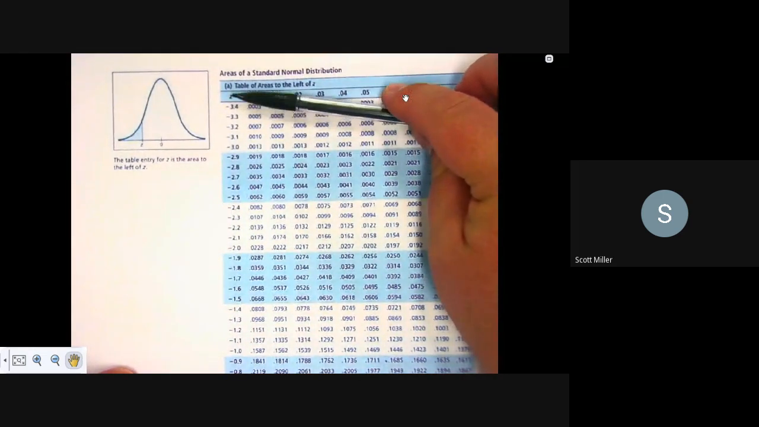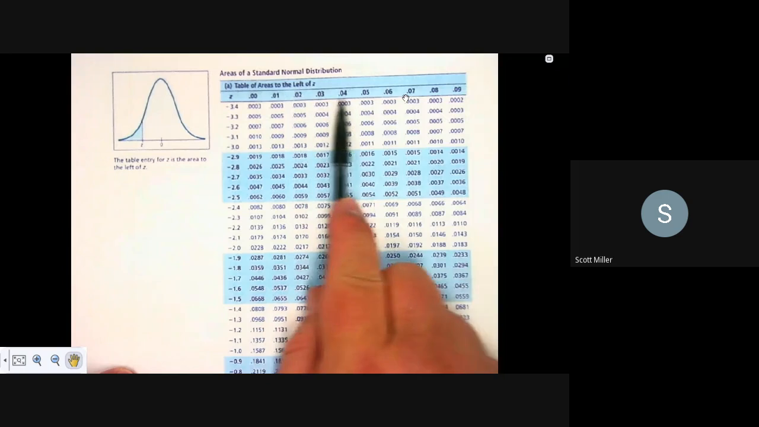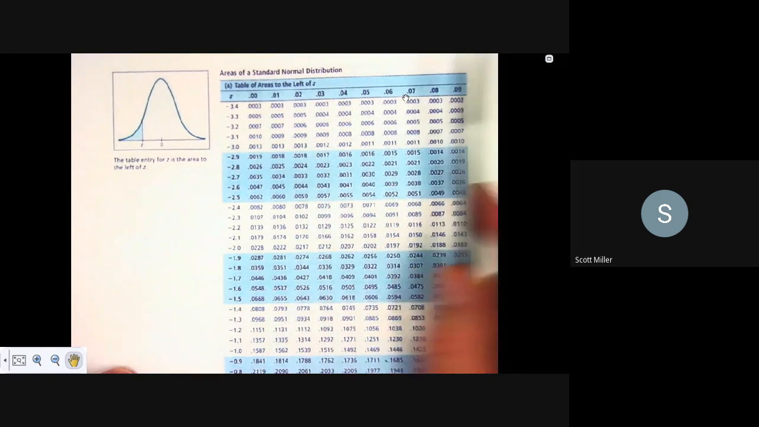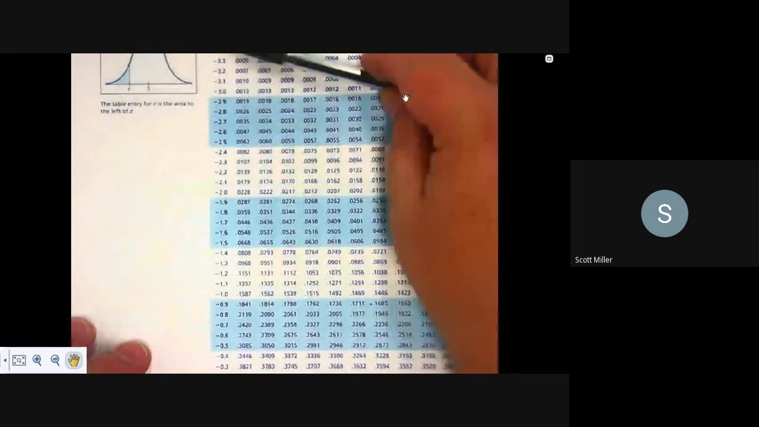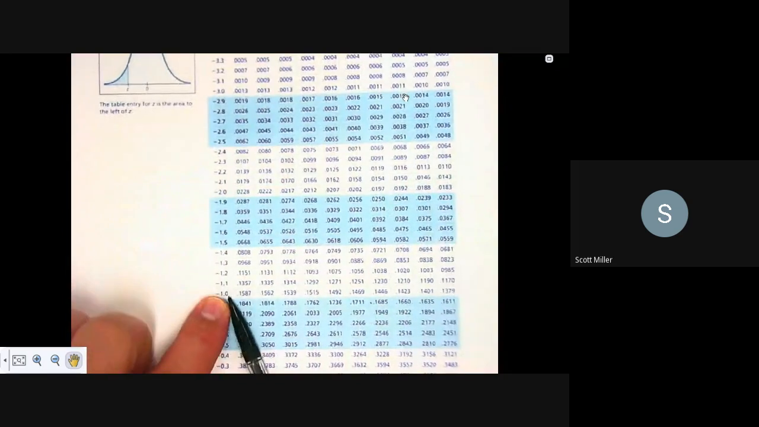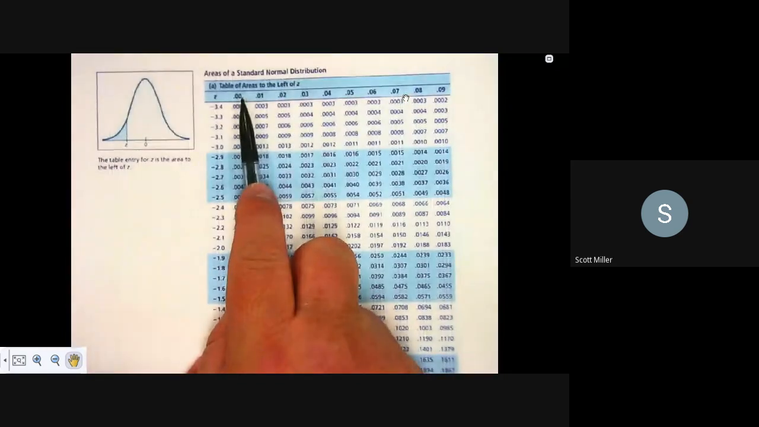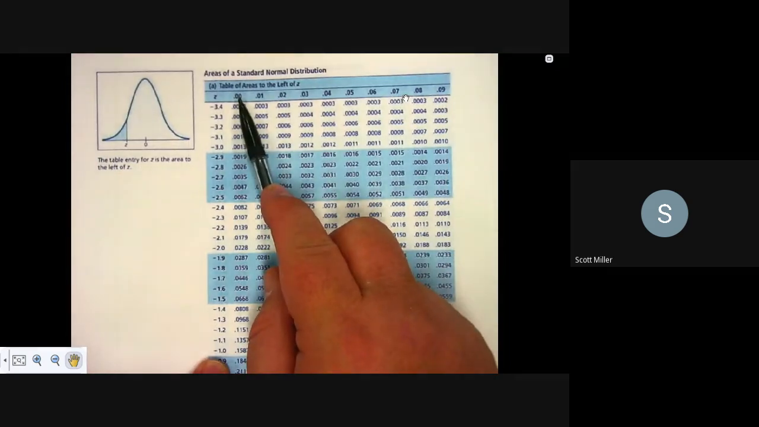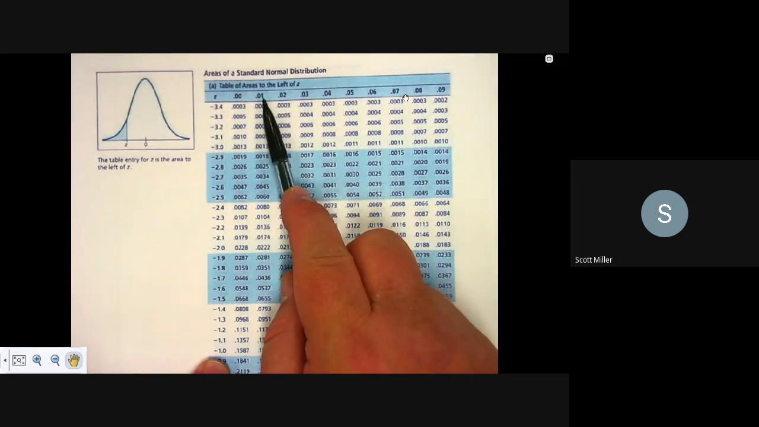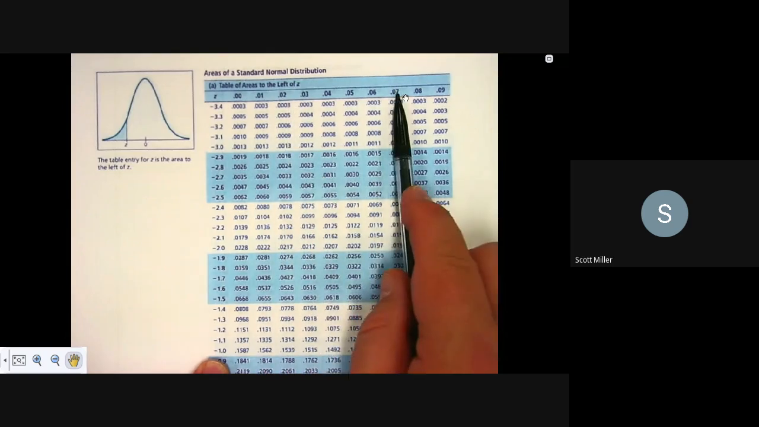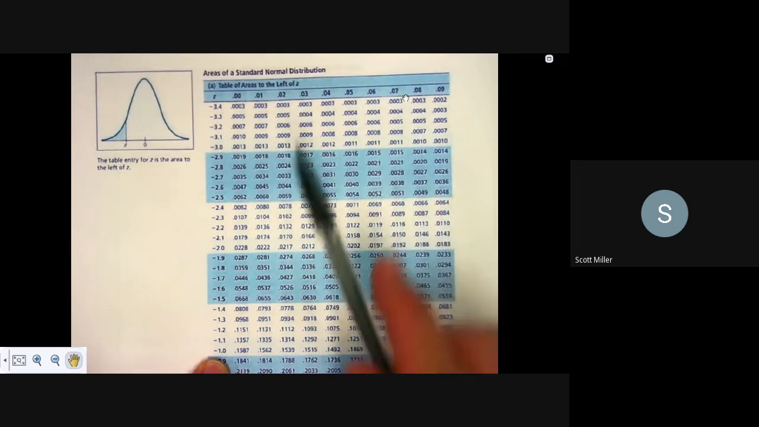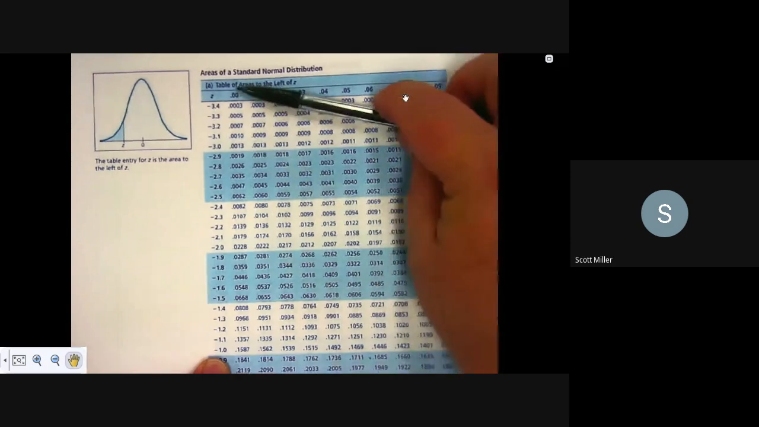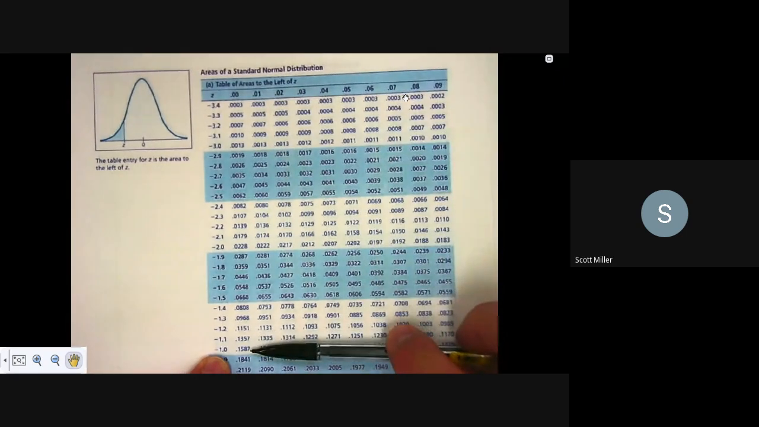You look for this number. This one takes you the whole number and the tens place. And then this number across is the hundredths place. So for negative 1.00, I'm looking for negative 1.0 and then 0. If it was 1.01, then I would go to this column. 1.07 would be over here. Okay, so 1.00 is this one, and so that is the number I want right there,